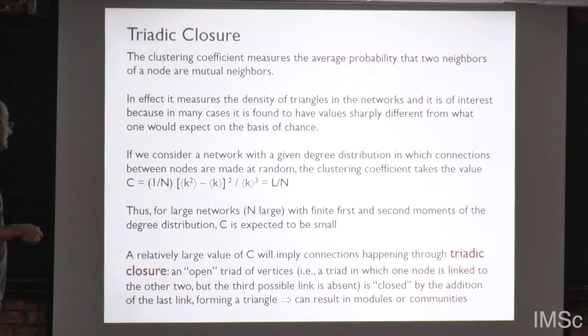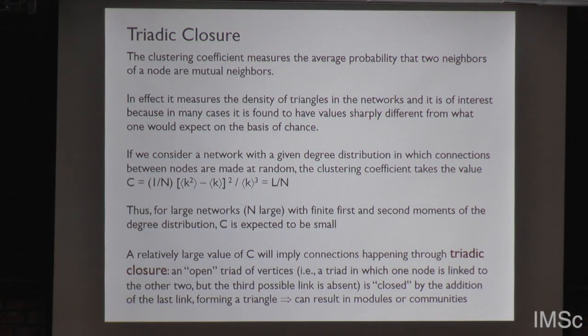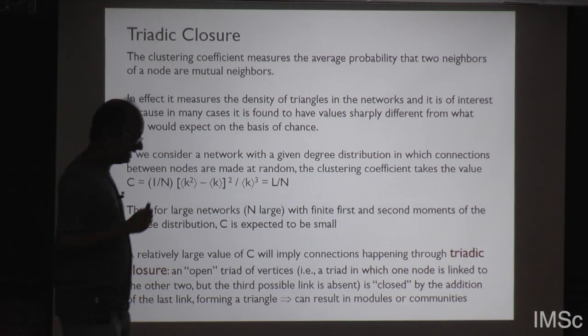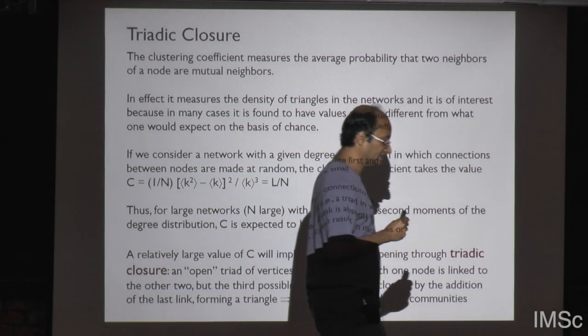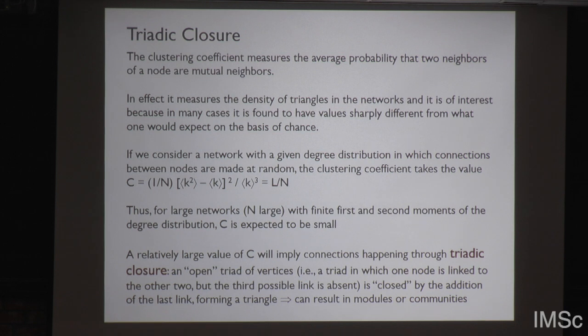And so you ask, is triadic closure an observed phenomenon in other kinds of networks other than the one that you find in social settings? Now, suppose you are considering a completely random network. In such a situation, the clustering coefficient is simply the connection density. Okay? The total number of connections divided by the number of nodes, and that's because if you consider